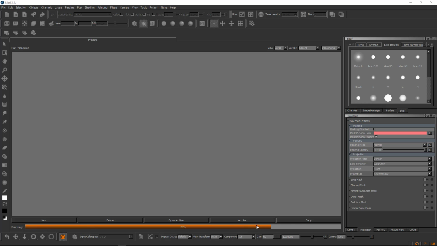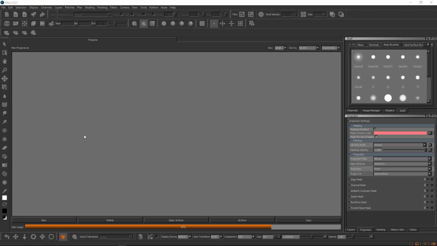So this is an indicator of your hard drive. Again, you can buy an external hard drive and always have Mari go to that one. Of course, you can change all of this, but by default, I have it set to one of my drives, which is kind of full, and that's why you see this 78%. All right, I digress. So the first thing, once you get to this window, it's asking you to create a